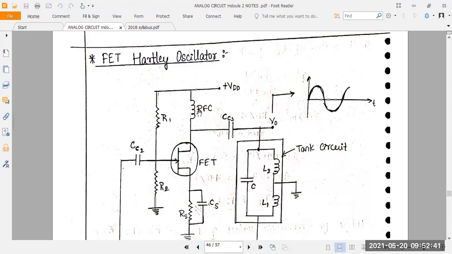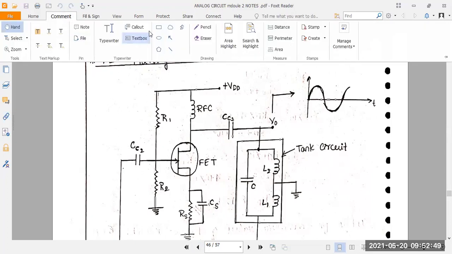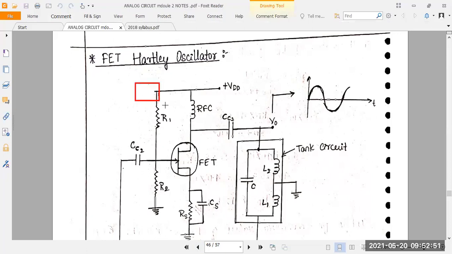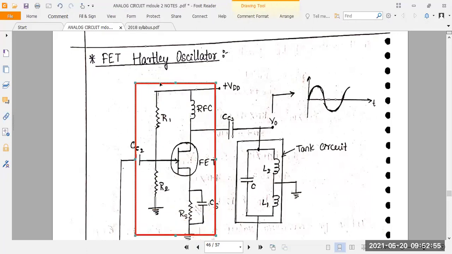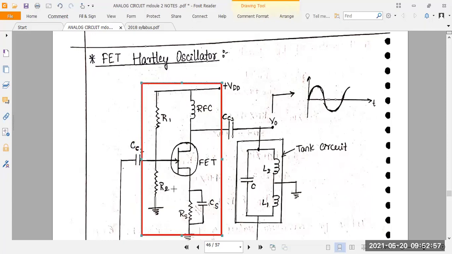On the output side they are connected to radio frequency out, and on the source side they are connected to two resistances and one capacitance. Okay, this was the complete oscillator voltage divider circuit here. Okay, voltage divider amplifier. Understood? So this voltage divider amplifier gives the 180 degree phase shift. Just almost 180 degree phase shift, because this one is the inverting amplifier.